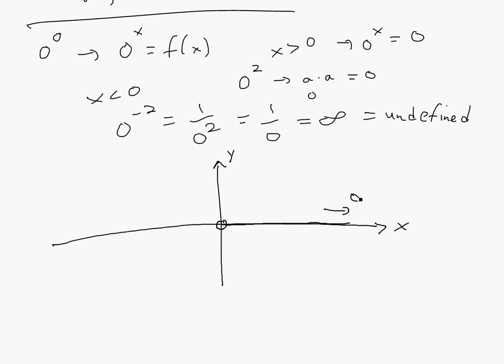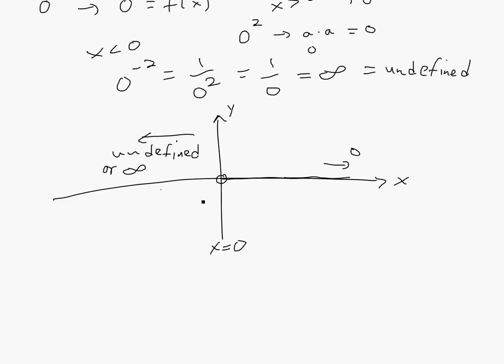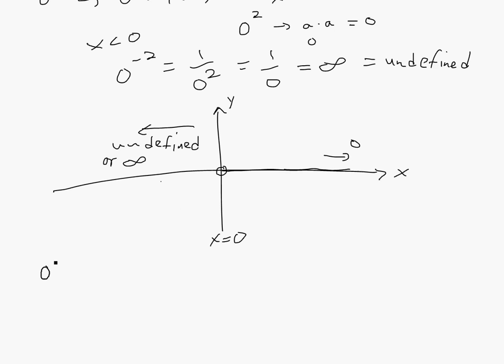So this is basically 0 always, and then it's undefined or infinity at x equals 0. So that's how the graph would look. And so basically 0 to the 0 is undefined,